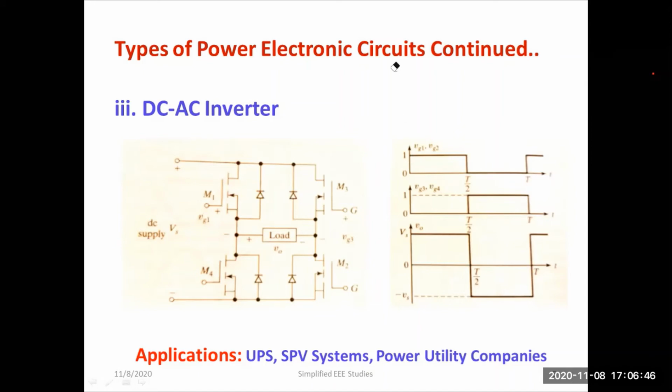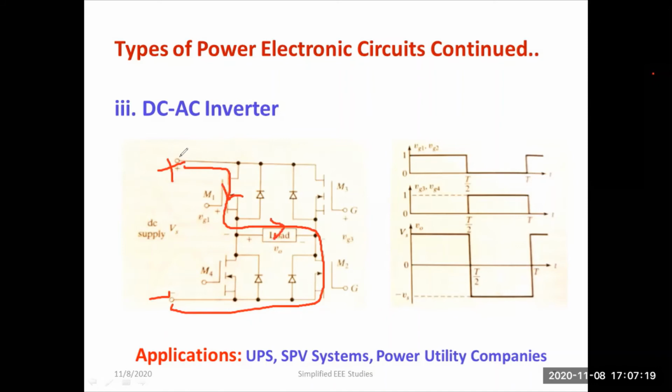During the first cycle, let me mark the polarity as positive, negative. We have the DC supply. Let us mark the conduction. Here, it will conduct like this. M1 will conduct. M1 is one of the MOSFET power electronic switches. Then the current comes to the load. Then M2 is operated and it comes to the negative end of the supply. So this is the direction of current.